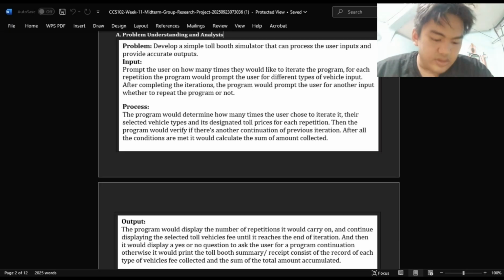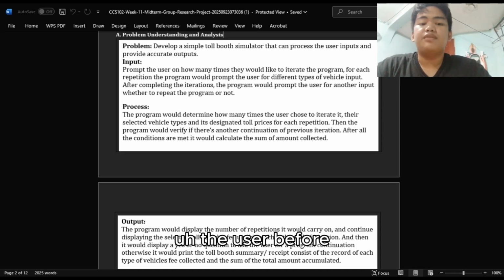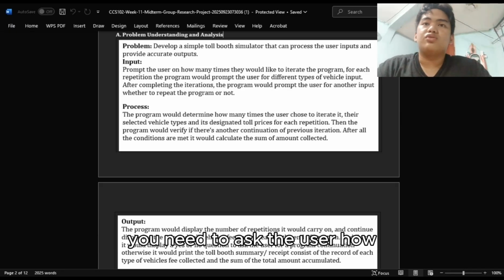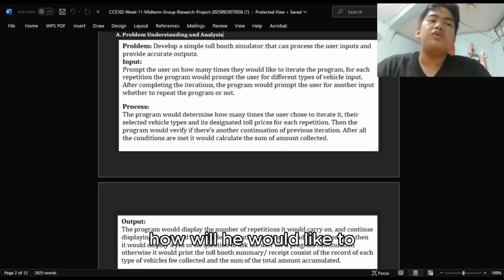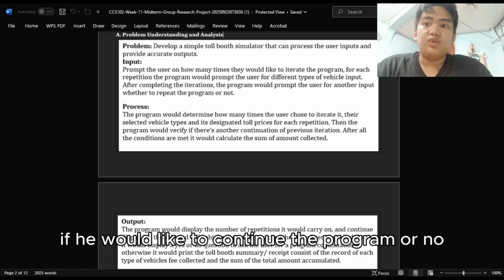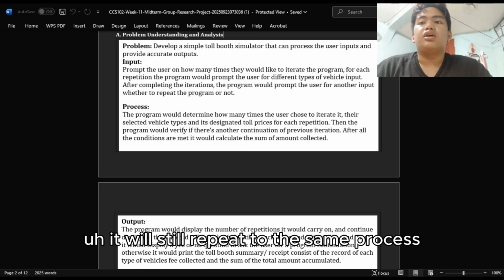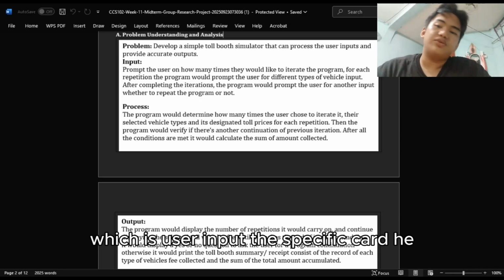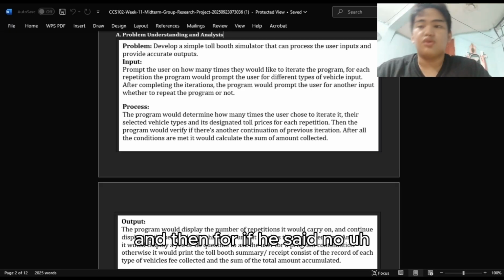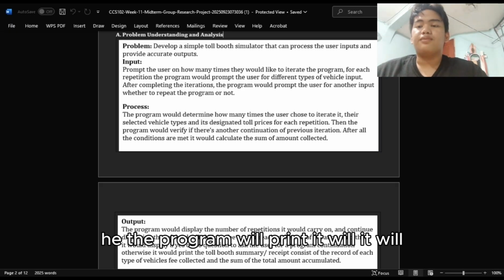Before it ends the process, you need to ask the user if he would like to continue the program or not. If yes, it will repeat the same process, which is the user inputs the specific car he wants, and then it is recorded again. And if he says no, the program will print